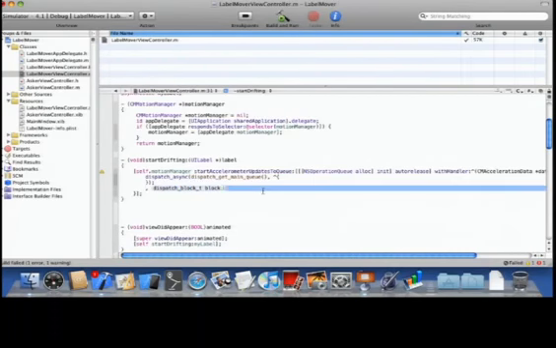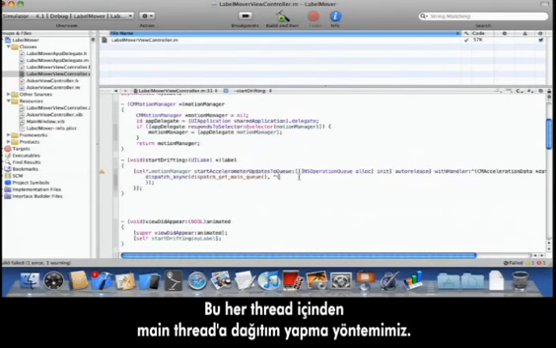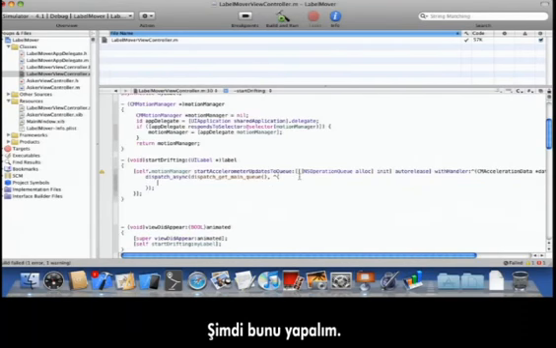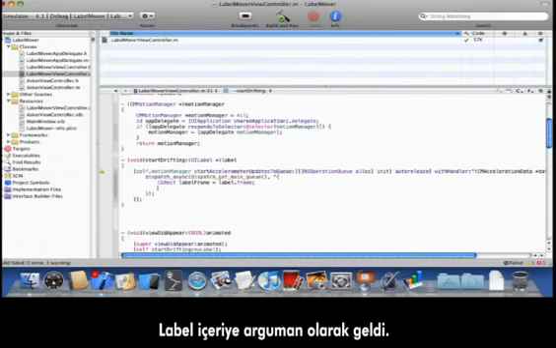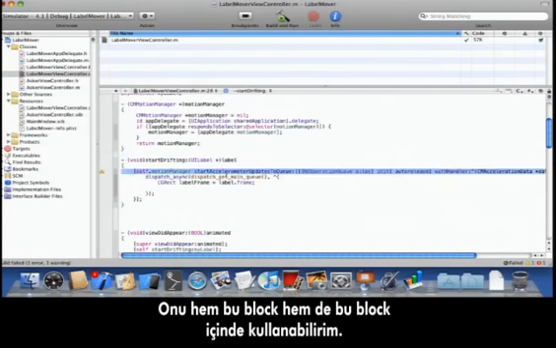Okay, that's in any thread. That's how we can dispatch back to our main thread. So let's do that. So here's the implementation of this thing. I'm going to grab the label frame. Okay, label is passed in as an argument here, and of course I can use it inside both this block